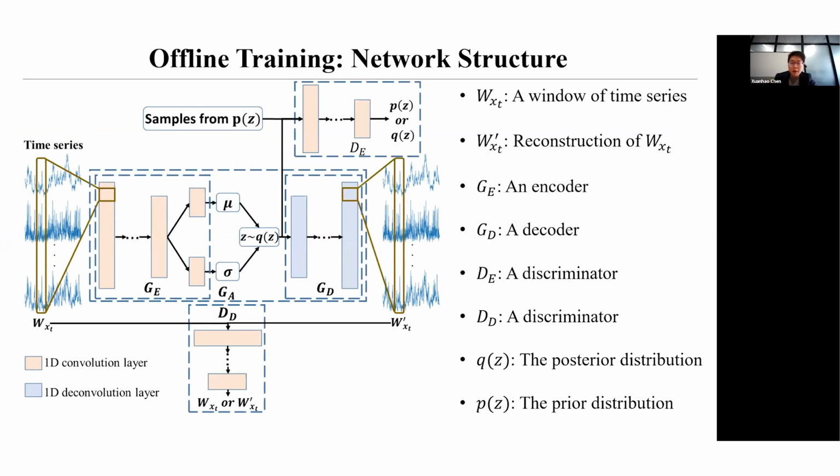Given a time series, the encoder generates a posterior distribution and a hidden variable. We design an adversarial network to guide the posterior to match a prior distribution. And then the decoder generates the reconstruction of the input. Another adversarial network is proposed to avoid overfitting, which compares the difference of the statistics between original and reconstructed time series. For the four networks, we use the one-dimensional convolutional neural network with filters sliding along the temporal dimension as the basic network structure.